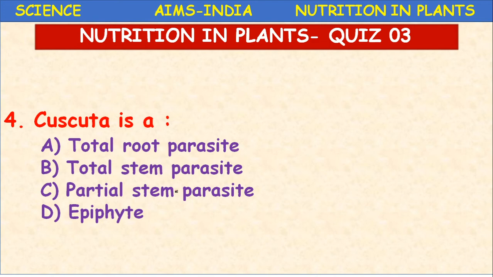So they possess special adaptations. What we are studying comes under adaptations in plants also. A parasite has its own adaptation. A parasite possesses root-like structures called haustoria, whereas the epiphyte possesses special roots called clinging roots. Roots of parasite, haustoria; roots of epiphyte, clinging roots. Here Cuscuta is a stem parasite, as we all know, but you have to select in option B and C which is the correct one: total stem parasite or partial stem parasite.